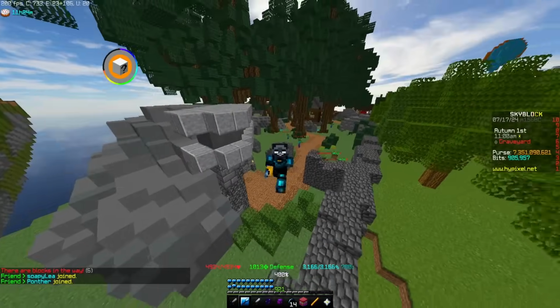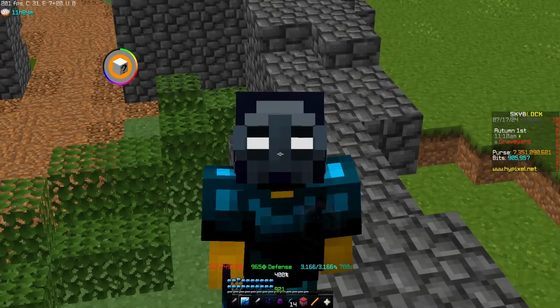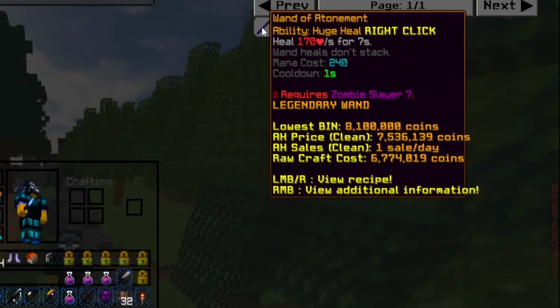And then the last thing to note is that obviously the best weapon for killing zombies to get combat XP for spawning is going to be the Hyperion. Odds are at this point, you probably don't have a Hyperion. Other useful items would be stuff like the Wand of Atonement, which grants 170 hearts per second for 7 seconds